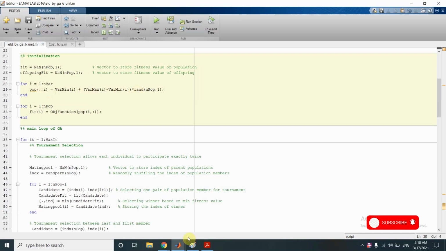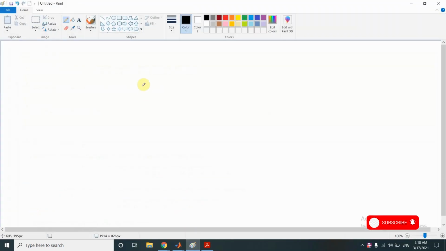So let us see. Suppose that I have a generator which has maximum minimum limits of 10 and 120. Now I want to generate a number which is between 10 and 120.